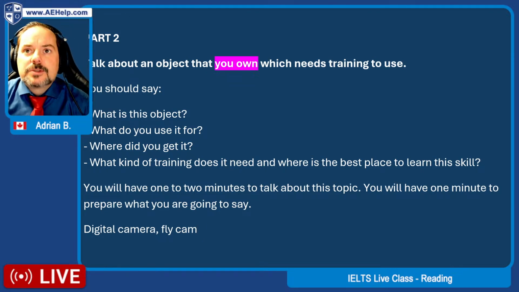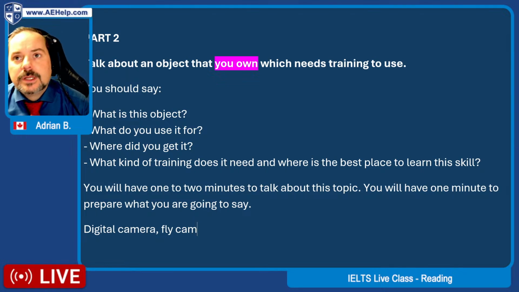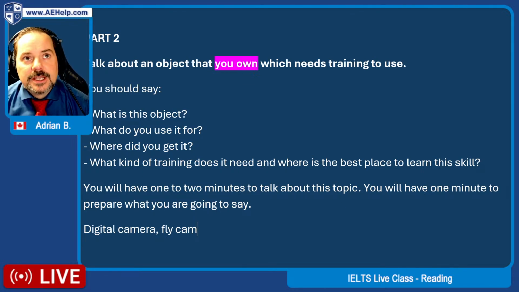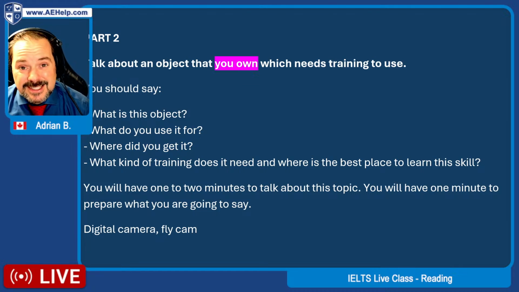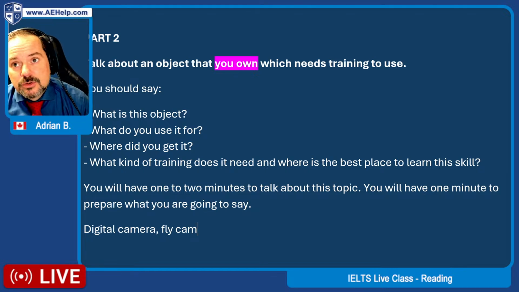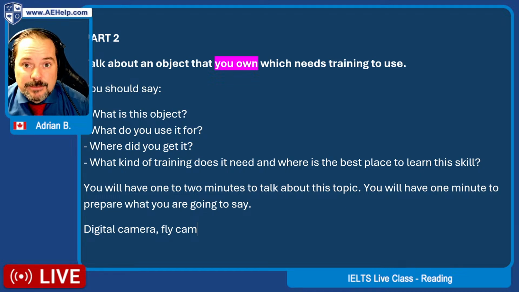So what I always recommend when you're in the IELTS, really think about a couple of things that require training to use. Always maybe think of something that's simple, like really, really simple, like as simple as a pencil, right? A pencil can require training to use if you're a graphic artist or even for writing notes and text. And you can have something much more complicated like a digital camera. What's the big difference between the two, Min? So if I choose to talk about a pencil for this versus a camera, what's going to be the biggest difference in my response in the 2 minutes?